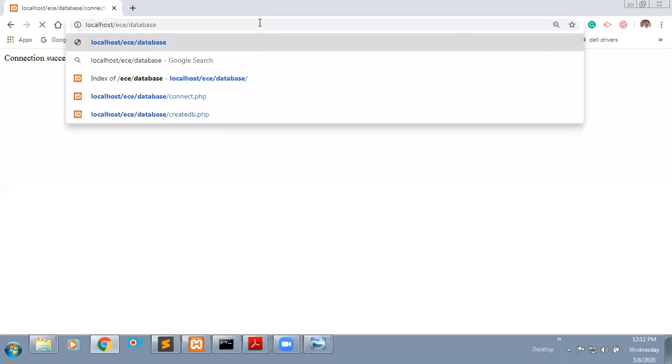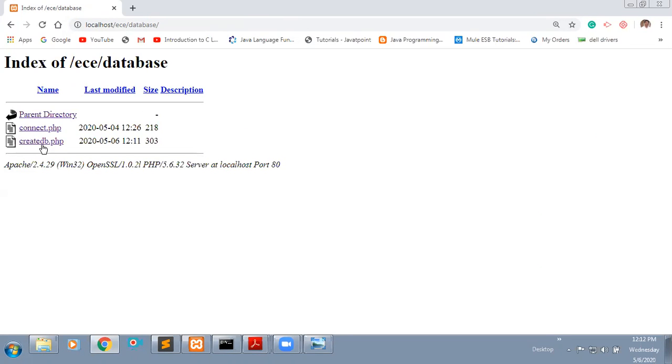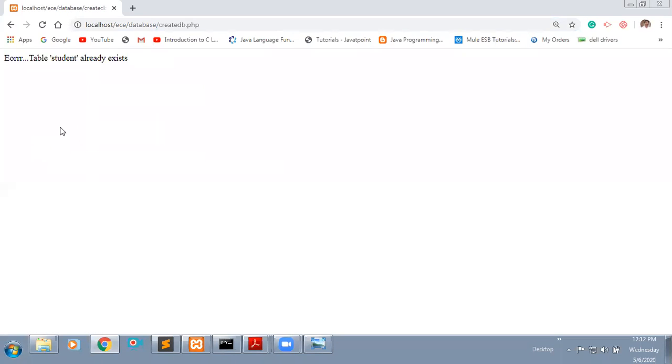By using the browser, I'm trying to locate the server address, databases here, createdb.php is my file name. If I click here, you get the error: table student already exists, because I already executed this program in the last class.